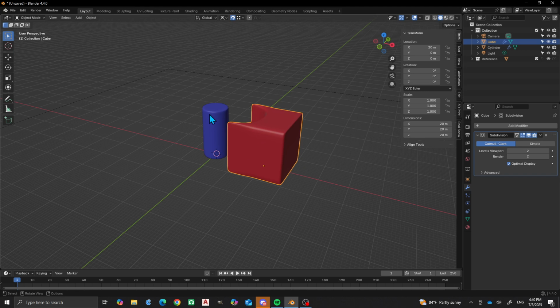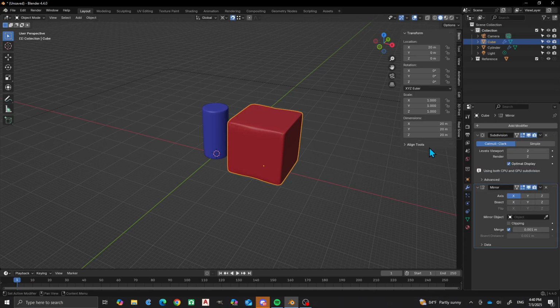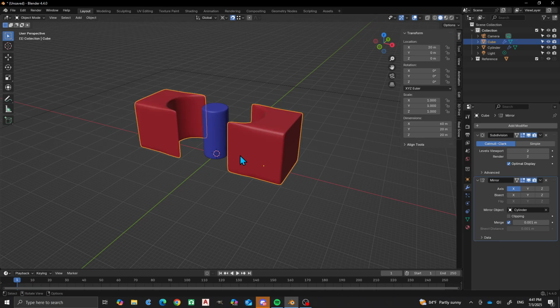So to do this, I'm going to add a modifier. We're going to do a mirror modifier. So now, as you can see, first off, it goes right along this axis right here, right? With this origin point. But watch what happens when I do this mirror object. And now you see that this object is now becoming the focal point for the mirror